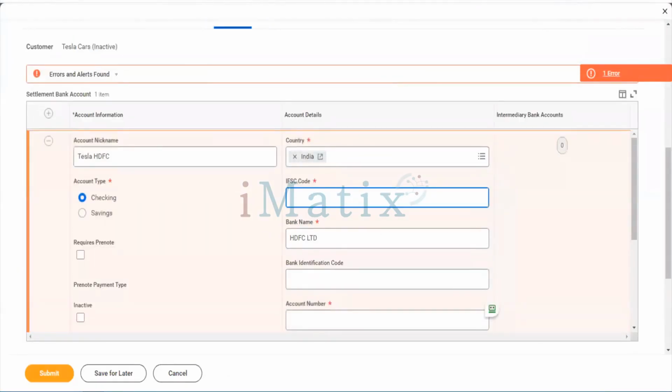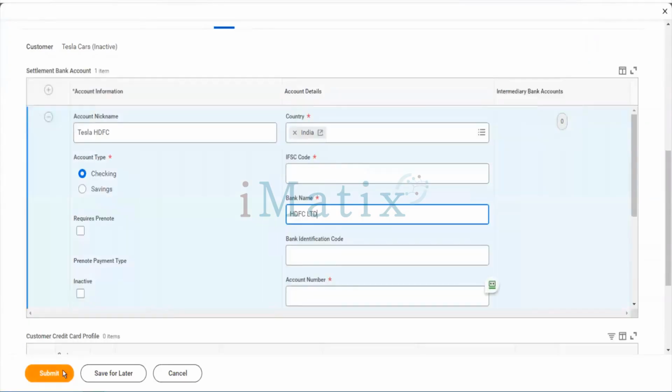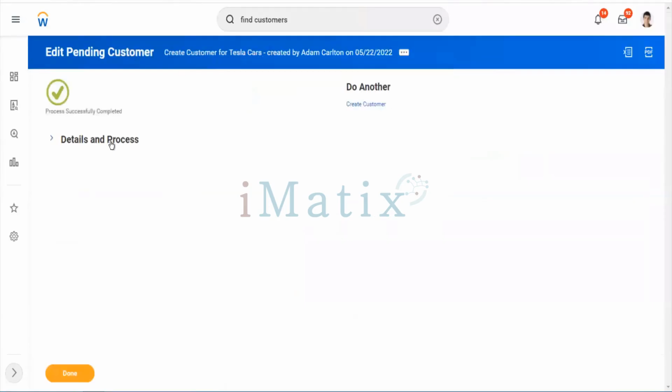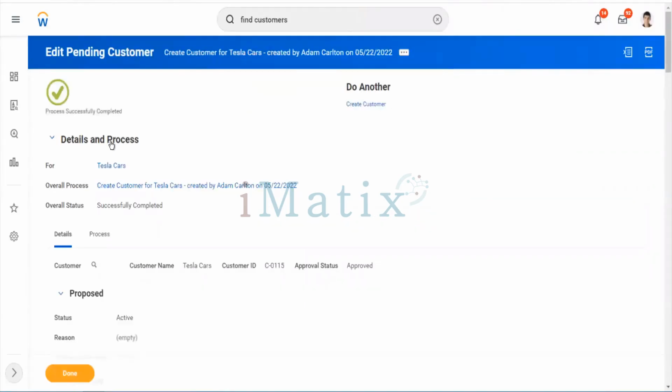What happened now? Yes, finally it's done. We got our reference ID.